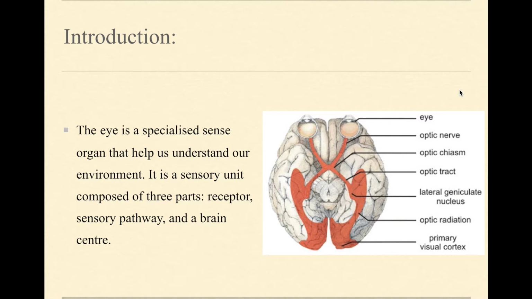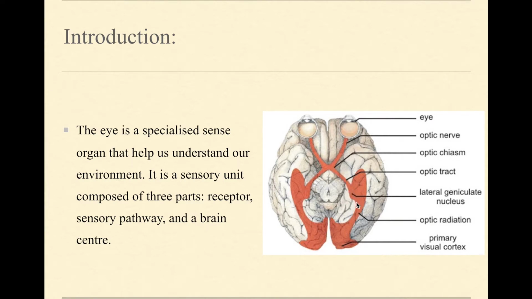As we can see here, this is the eye, this is the brain. We have the optic nerve. The optic nerve transmits the visual information from the eye, specifically the retina, to the brain. We have the optic chiasm, which is the crossover of the optic nerve. We have the optic tract. It's just a tract that transmits the impulses from the optic nerve and the crossing over